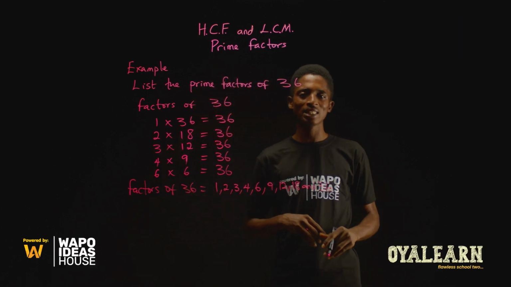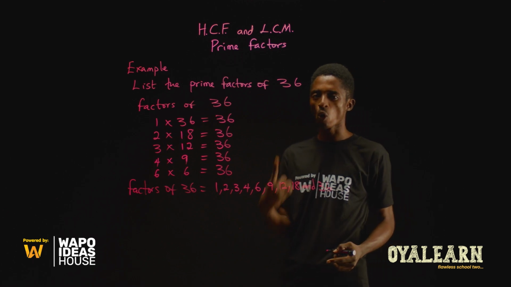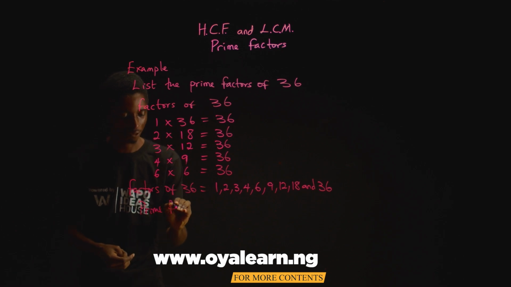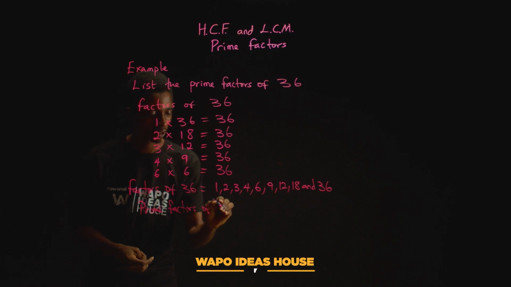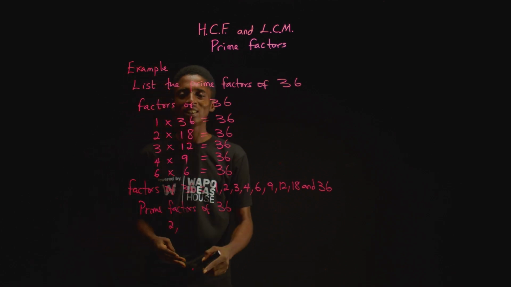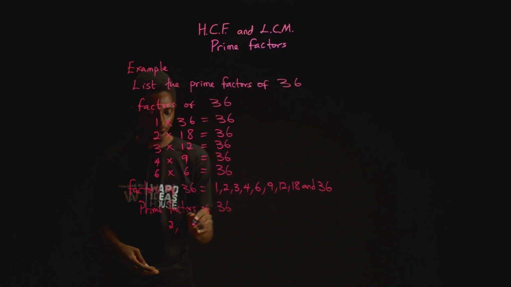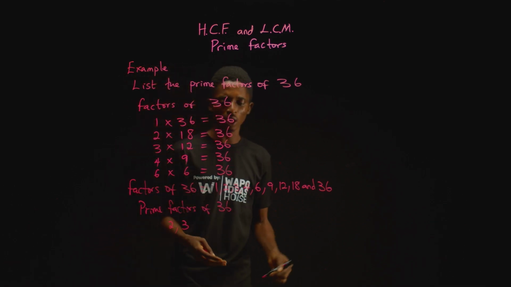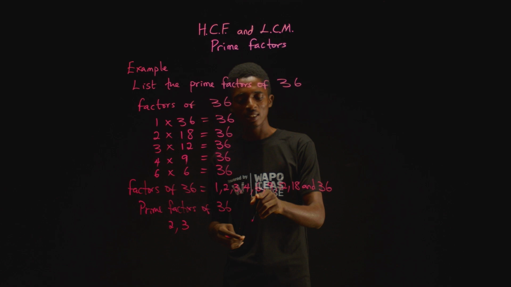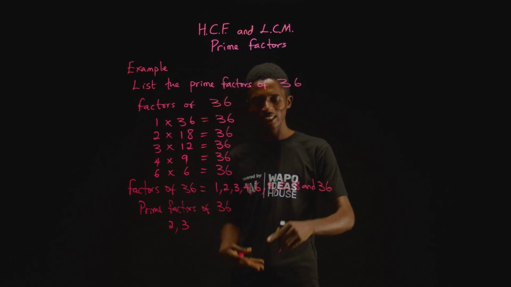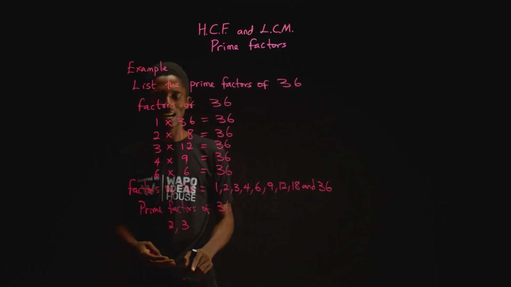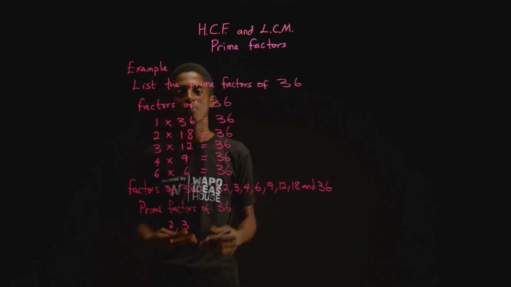Now, of all these factors listed, which one of them is only divisible by 1 and itself? Prime factors of 36. We have numbers such as 2, which is only divisible by 1 and 2. We have 3. Now, when we look through the others, 4 is divisible by 1, by 2, and by 4. 6 also has multiple divisors, as well as 9, 12, 18, and 36. That is, the only prime numbers of these factors listed are 2 and 3, which make them the prime factors